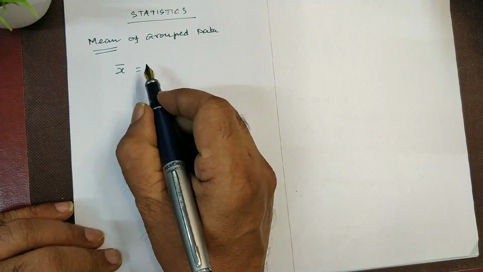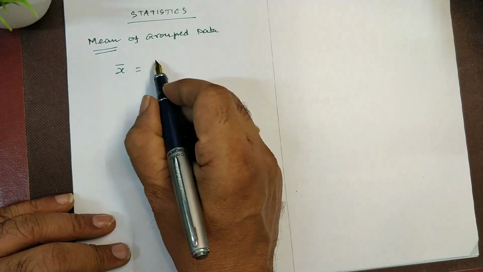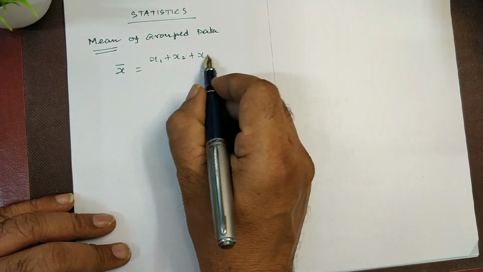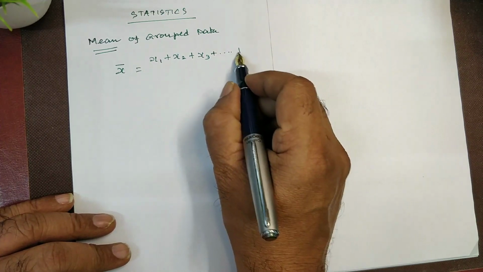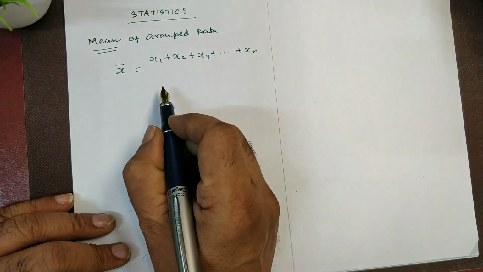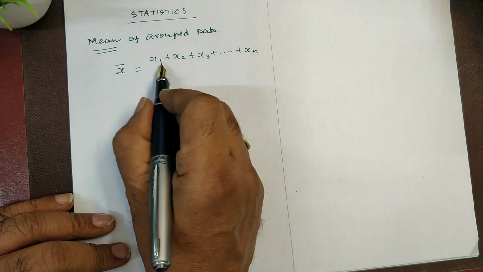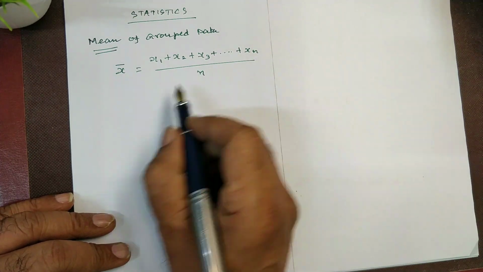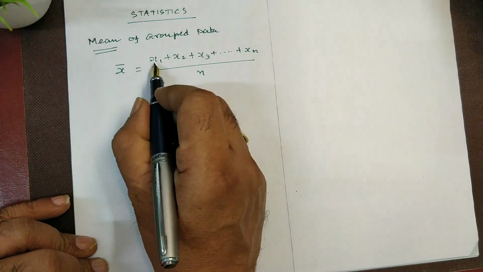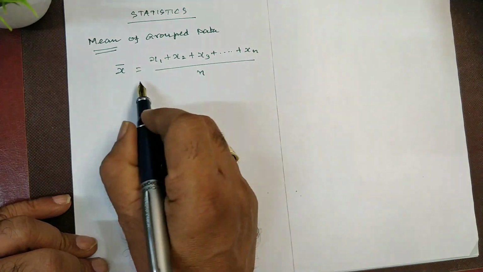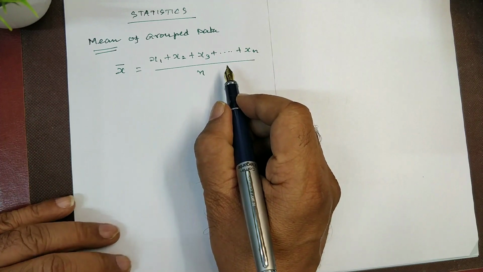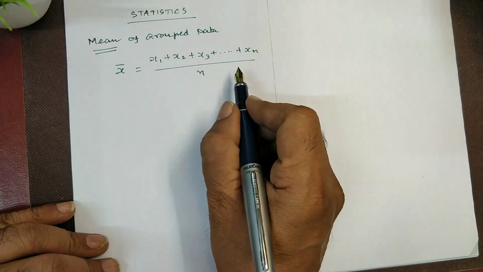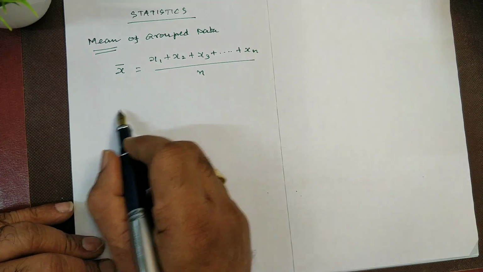X bar is equal to, let us consider we have various observations like x1, x2, x3, x4, up to xn. So mean is the sum of all these observations divided by the total number of observations. What are these x1, x2, x3, etc., xn? These are the various observations, and n represents the total number of observations. It is also given by